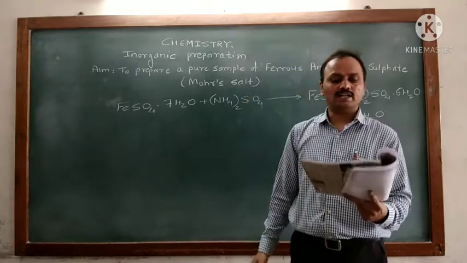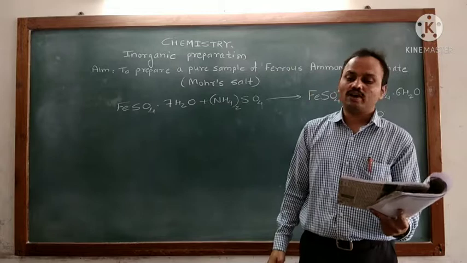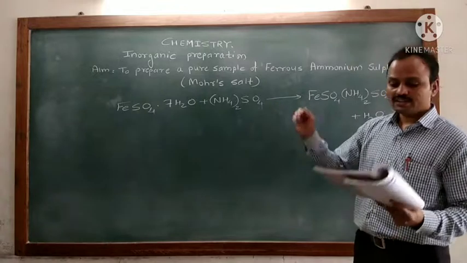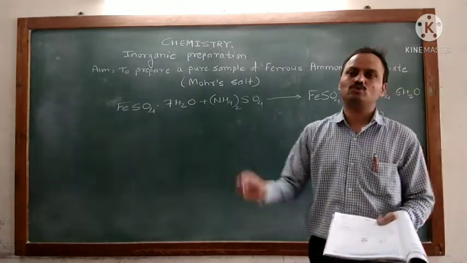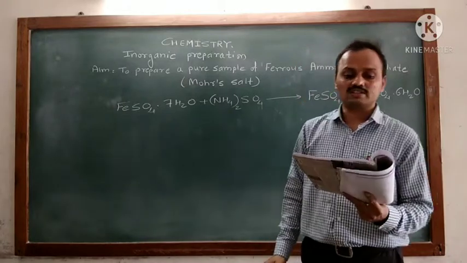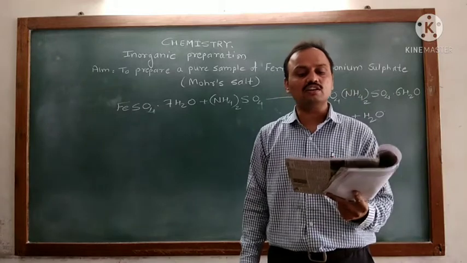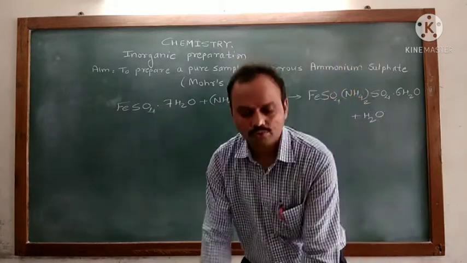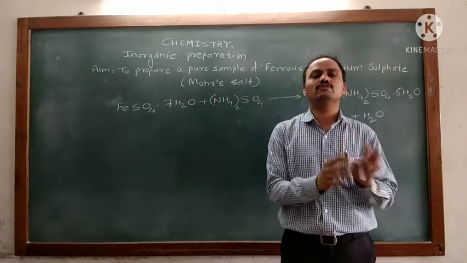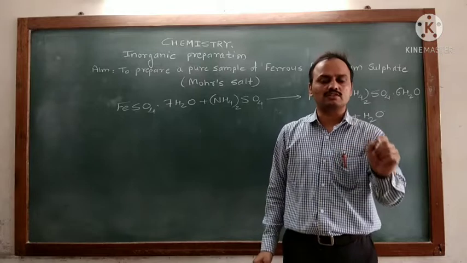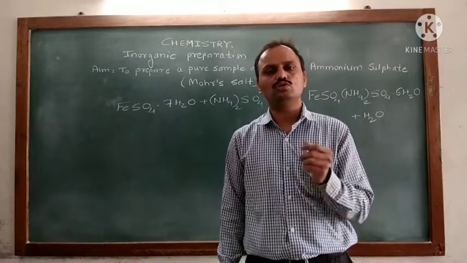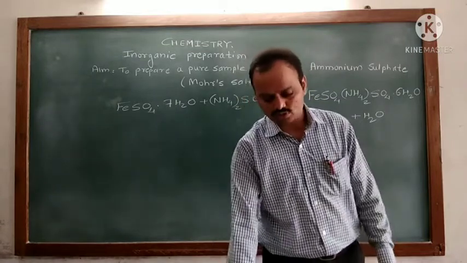It is prepared by dissolving an equimolar mixture of hydrated ferrous sulfate and ammonium sulfate in acidified water. We have to make an acidic medium for the preparation of this salt. Mohr salt crystallizes as a faint green colored solid. When crystallization takes place and we get crystals, the color of the crystals will be faint green. Also we have to see the shape of the crystals.